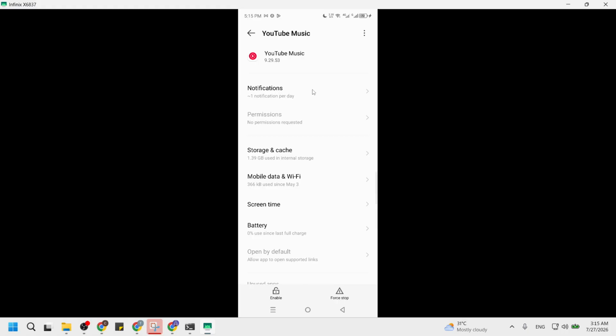After that, tap to open, then click Enable. First, tap the YouTube Music entry in the list to open its app info page. This screen usually shows the app icon at the top, with details like storage, permissions, notifications, and battery usage. Because the app is currently turned off, you should see a button labeled Enable near the top. Go ahead and tap Enable. The button will change and disappear or turn into a Disable button, which confirms the app is now active again.